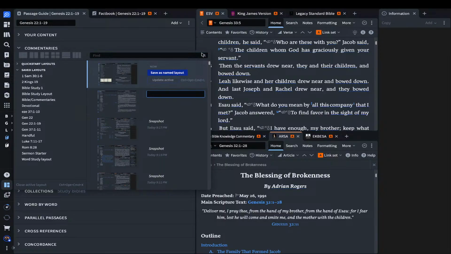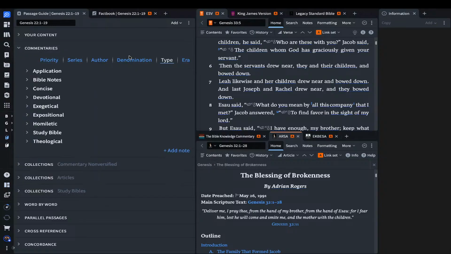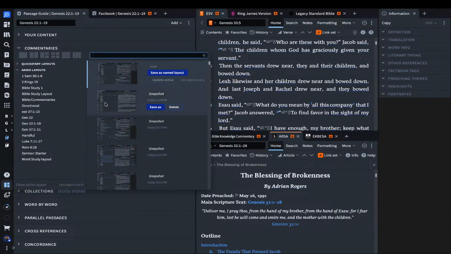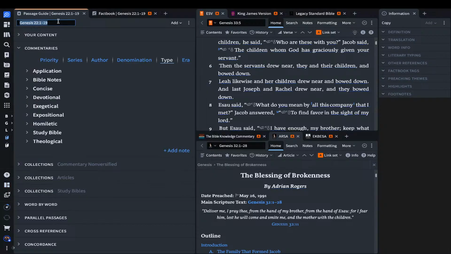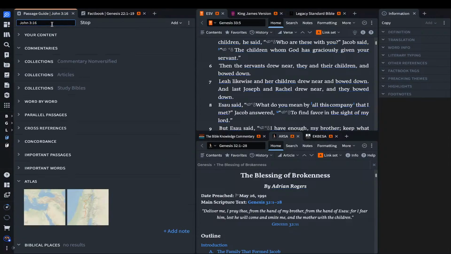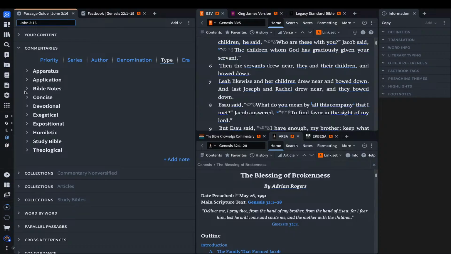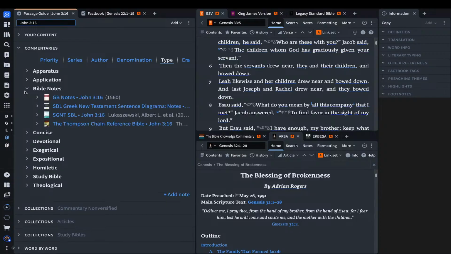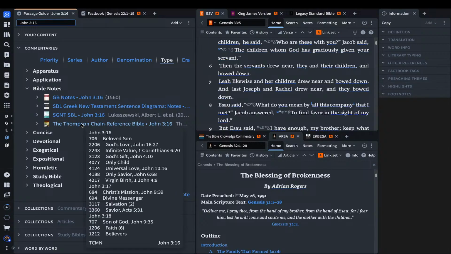Okay, we want to save this, because I'm going to show you something. It just doesn't work with a particular passage. Just say we want to go to John 3:16. I just want to look at that particular verse. Right? So now,